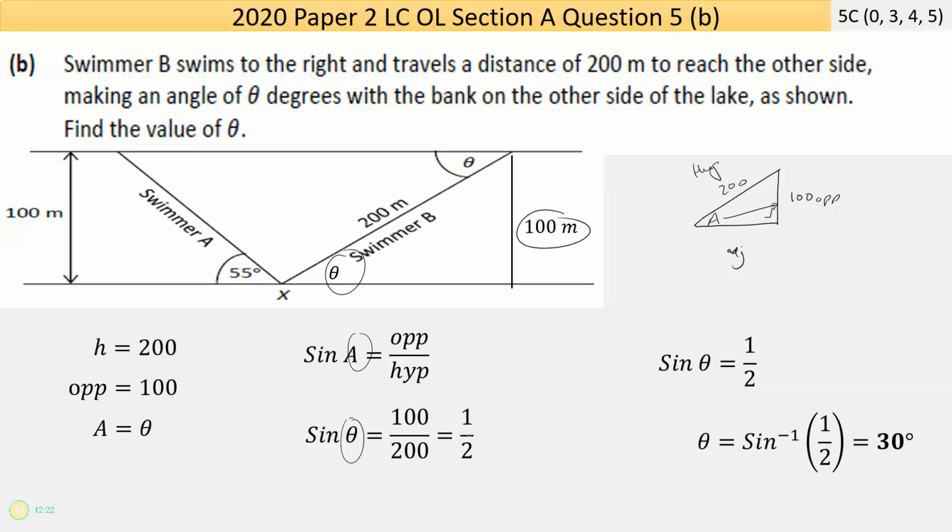And then put it in the calculator, you get a half. Inverse sine of a half is 30 degrees. The calculator will show you that. It's one of the standard angles. And that's it. Now, I probably could have used this,